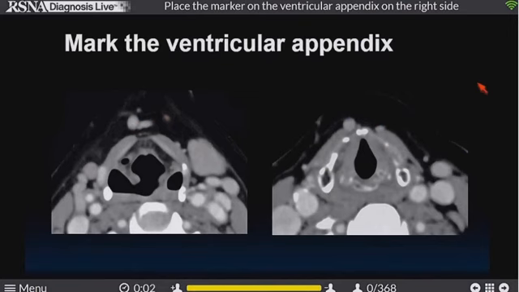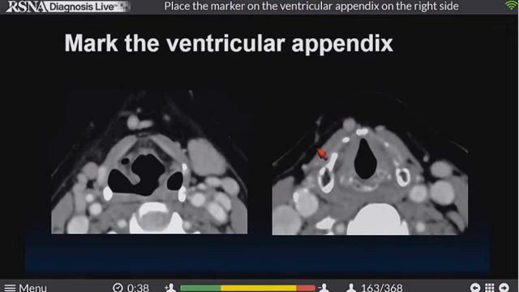All right, now this one's tough. Mark the ventricular appendix. This is tough because it's a small area. We had to make the target a little bit bigger, just so that it would register. So the ventricular appendix. Now we talked about the ventricle being that structure, separating the true and the false cords. But the ventricle, we'll give you a hint, extends up from that. Some people are getting close. I guess filling half the screen with the target volume did help, Doug.